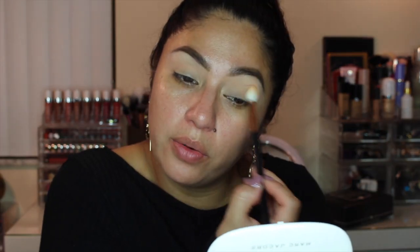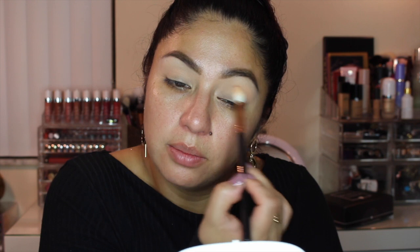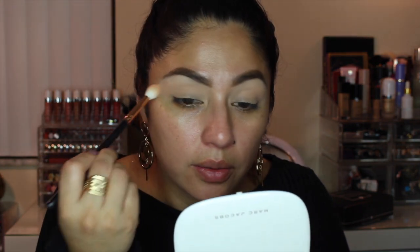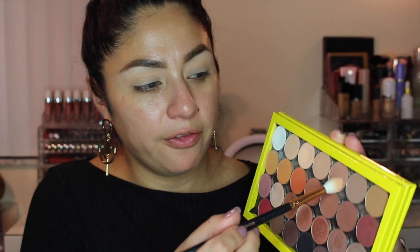I placed the primer already on my face, and I've just moved on to eyes. Usually I like to do that first, not go straight to the foundation. Let the primer actually work into my skin and settle in a little bit better before going in with foundation. Okay, with the same brush, I'm going to be grabbing this shade right here, which is Frappe, and